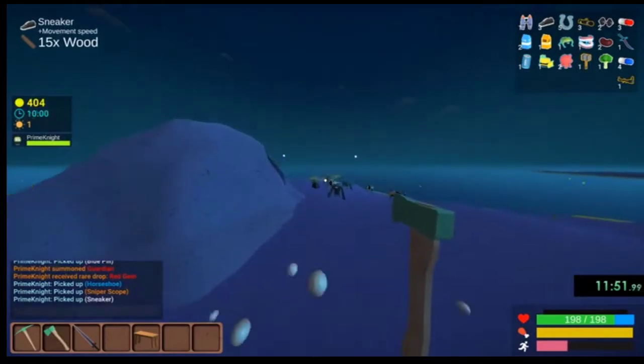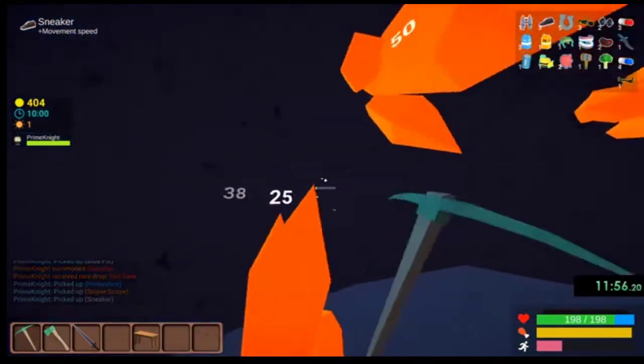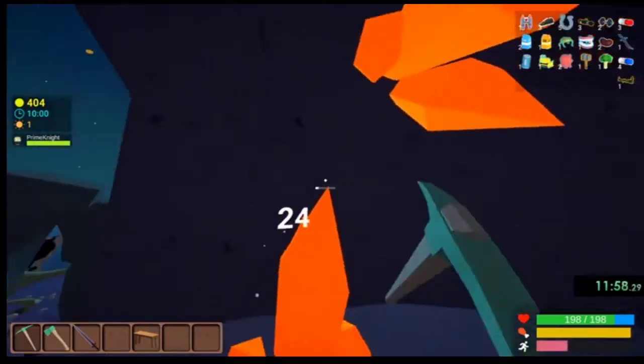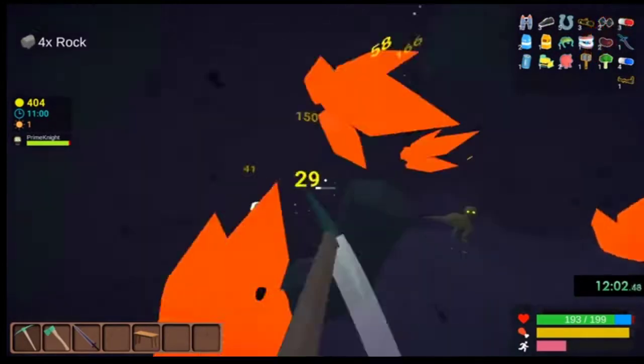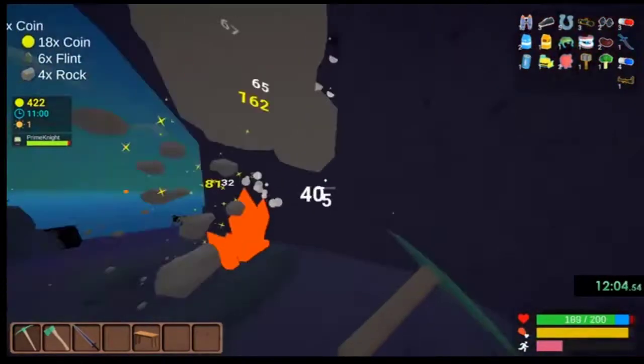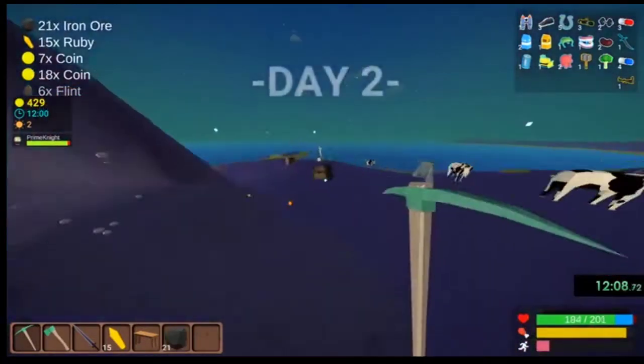He gets another sneaker. Sneaker just increases your movement speed. Simple as that. And he goes towards a cave to get some rubies. I believe you need 11 rubies to finish off the boat. He's just collecting all the resources he needs before he goes towards the boat so he can just pop everything